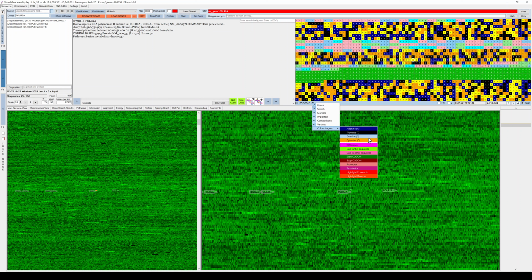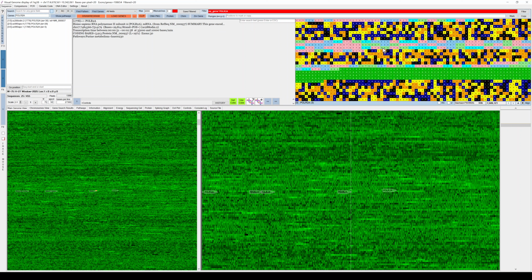Then guanine and cytosine are bright colors, yellow and orange. And then it also shows here that the start codon is indicated in green and the stop codon in red. And then the actual codons are mapped onto the zoom DNA view, and each of them has a different color.